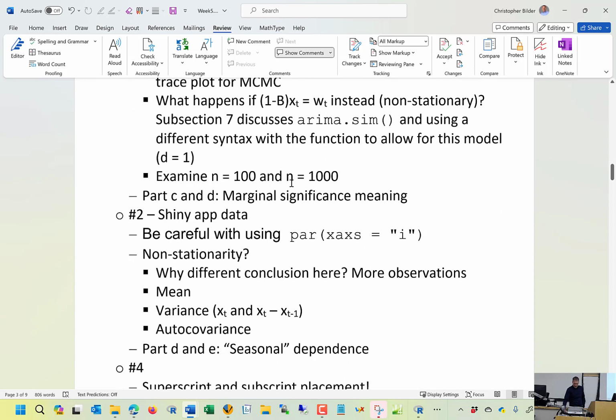Okay, let's see here. So then, how about we look at the same kind of case, but now where I do have non-stationarity in the mean? Yes? Sorry, so how many time points would you say is enough to conclude? A bunch. Yeah, it is hard. And perhaps what you need to do,